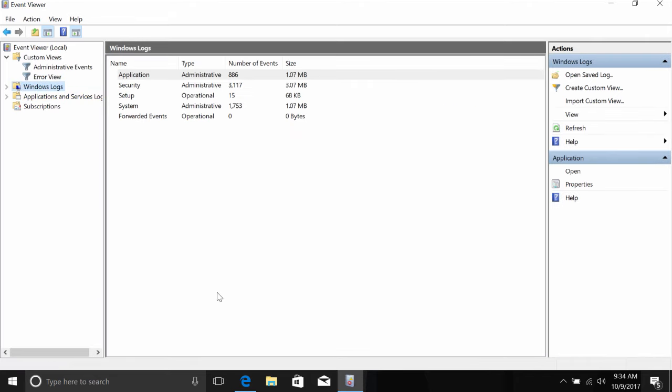The Windows Logs category contains event logs that generally apply to the whole operating system. Let's say you're having an issue with a driver failing during startup. The log called System would be a good place to start. If you want to see who's been accessing the computer, then you begin investigating the Security log.